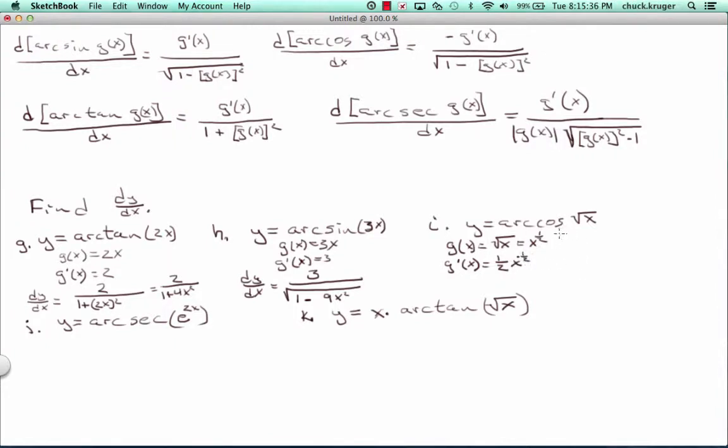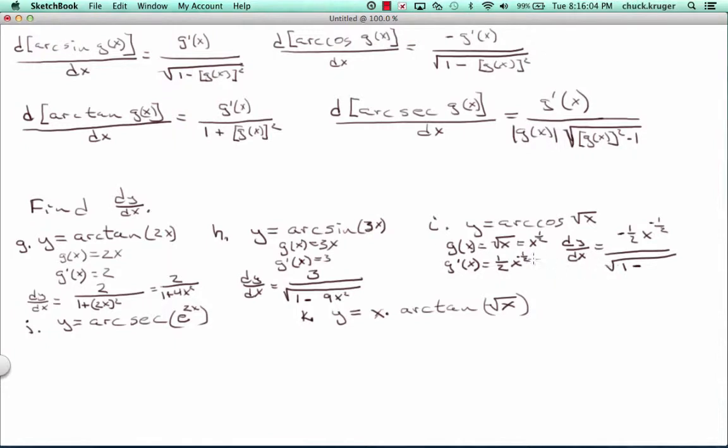That's just using the power rule. And I'm talking about cosine, and cosine's right here. So dy dx is equal to the negative derivative, so I'm going to have a negative 1/2 x to the negative 1/2, because that's negative g prime of x, over the square root